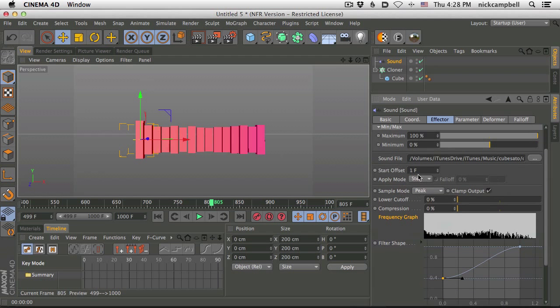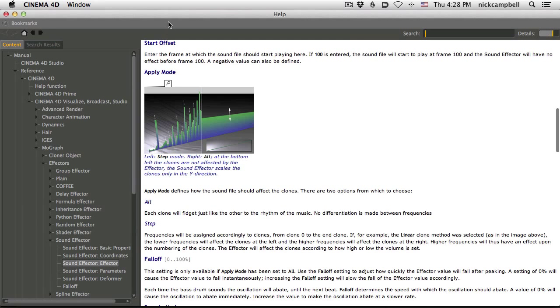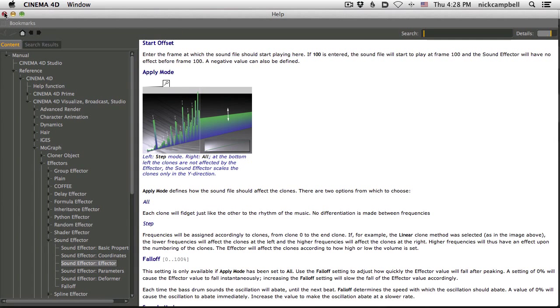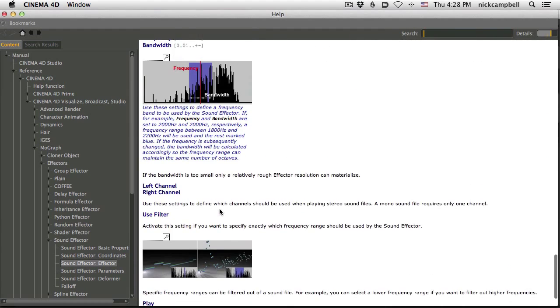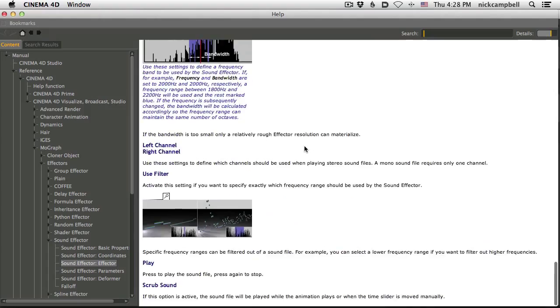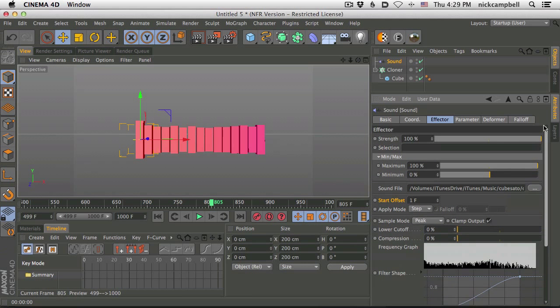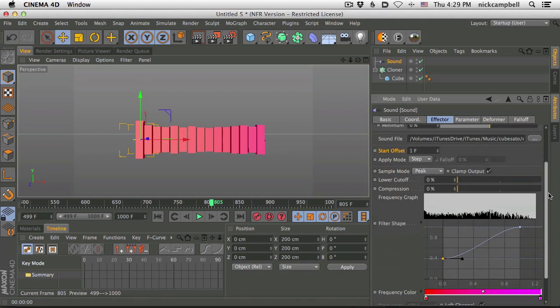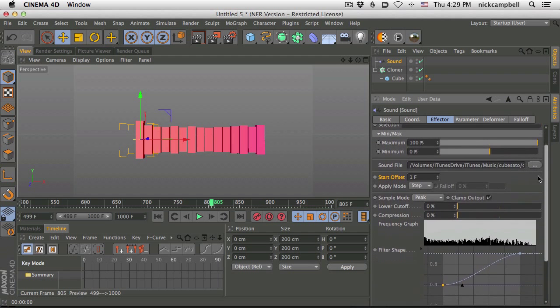A couple more things up here. And again, anything I missed, if you right-click and go to Show Help, boom, you got this whole thing. It's going to show you what all this stuff does. And frankly, this is how I learned it this morning. Some of these things I didn't know what they did, and I went in here and started to learn about some of this. So if I don't go over all of it, there you go. Here's your magic button. You have your normal min and max stuff, and I think we're ready to move forward here, start to make something with all this knowledge now.